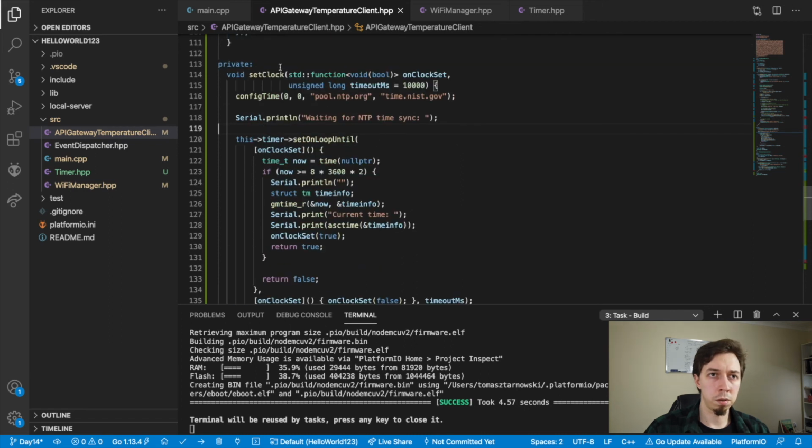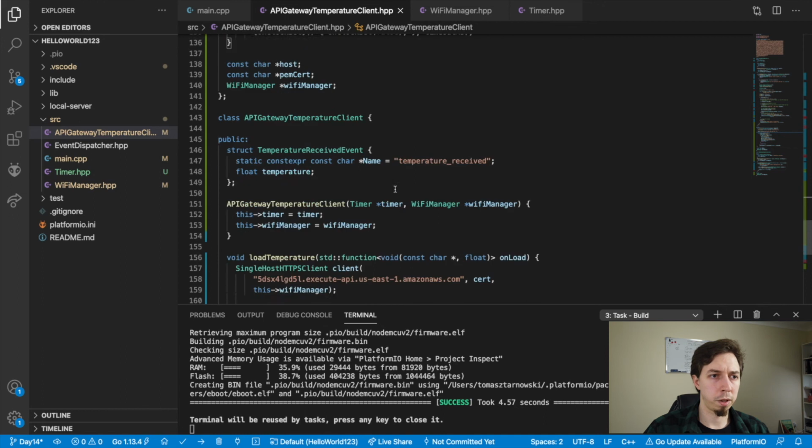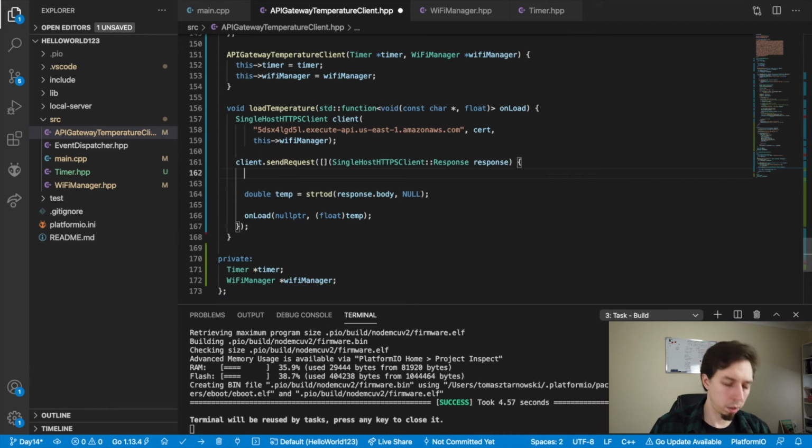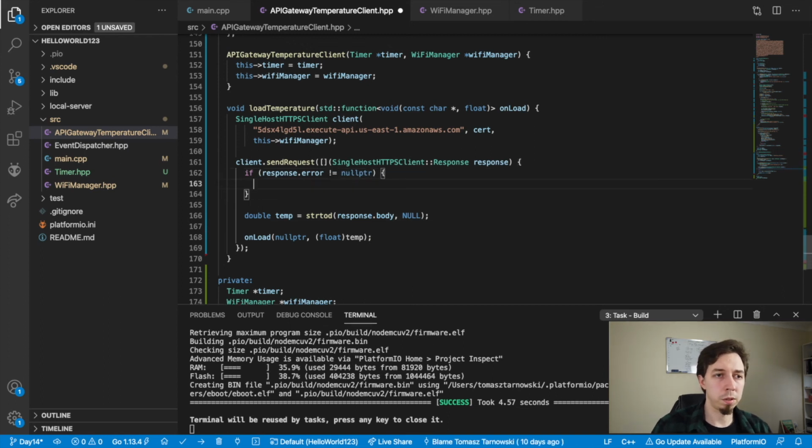Okay, so setting the clock seems to be fine, and here we just have a simple logic. However, yeah, let's handle the error now. So temperature is only read if the response error is different than null pointer, right? So maybe the other way around again. If it's not the null pointer, so it was actually right. If it's not the null pointer, we want to run onload with the error, right? So that would be